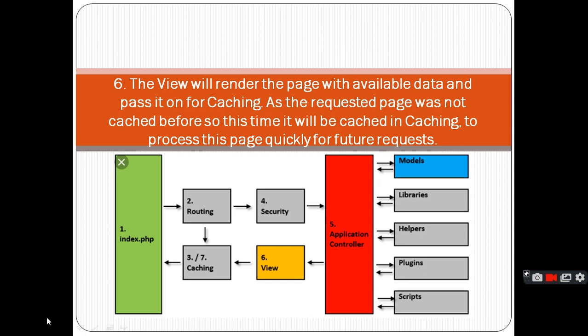The view will render the page with the available data, and again this view will pass to the caching section. If the page is not there, it will be stored in the cache, because next time, when the user requests the same page, this whole process will not repeat. It simply terminates at the caching part, and it will give the information to the user. So if you observe carefully, these are the important steps. The first step